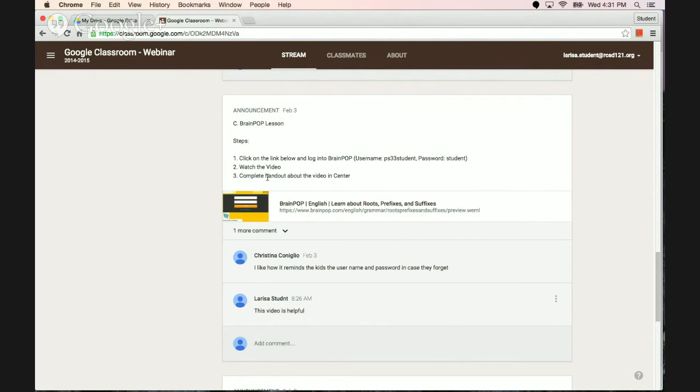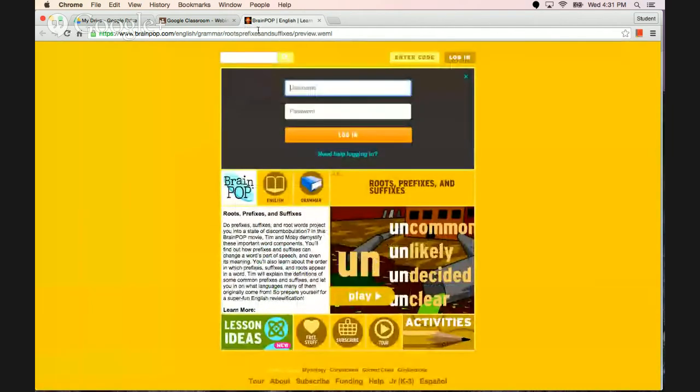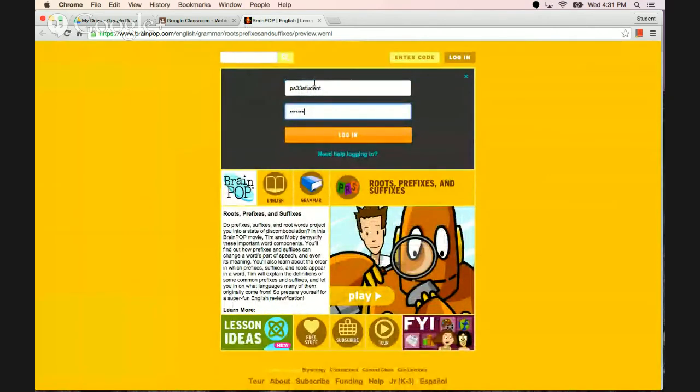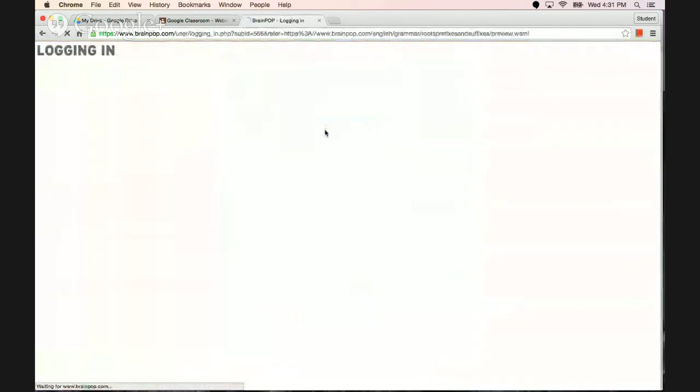So just the first two parts are done on the computer, watch the video, and then the handout about the BrainPop video can be completed in center. The student can click on it, it opens in a new tab, and they would log in and watch the video, okay?